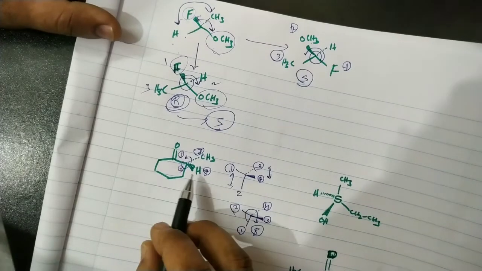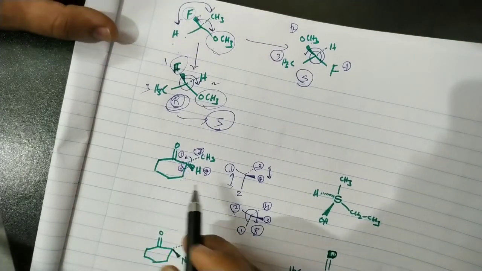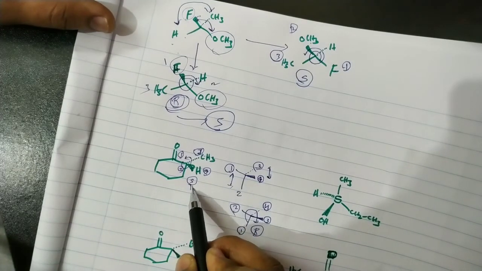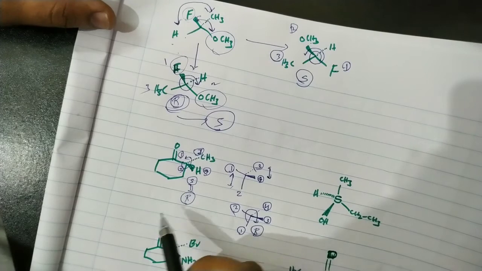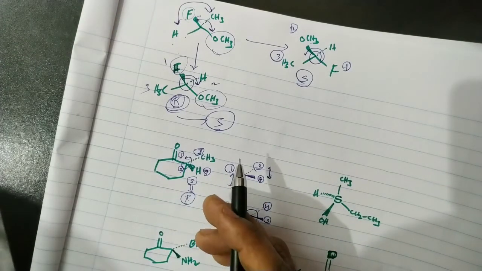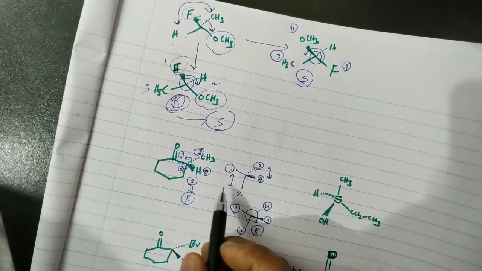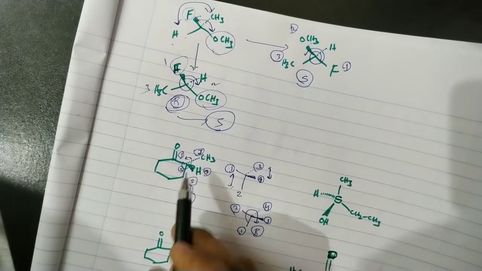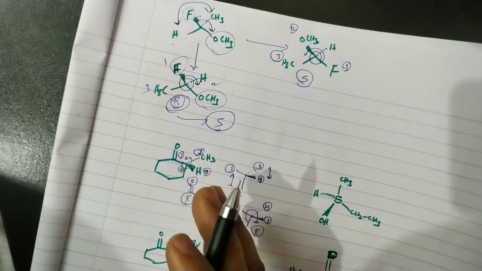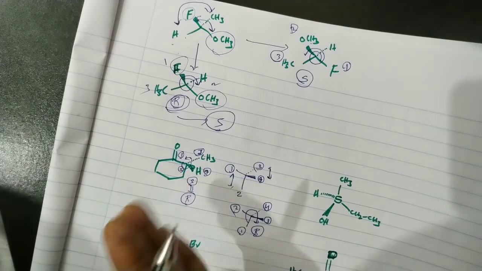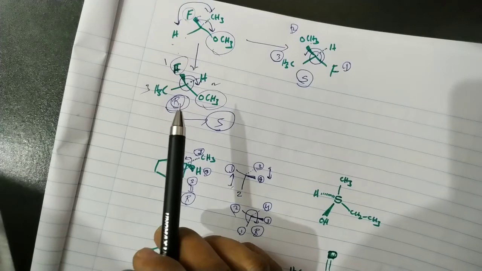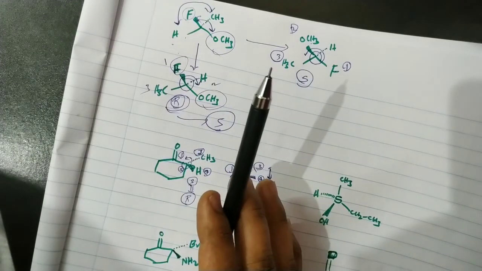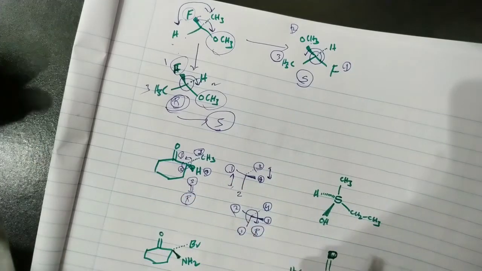Suppose if you take the configuration for a given molecule, its configuration is S. But here in this case we can directly take the reverse. For cyclic structure molecules, blindly and surely we can take the reverse when the least priority group is above the plane. When the least priority group is above the plane we can take the reverse. For cyclic structures it is most suitable, but for acyclic structures we should proceed with an even number of exchanges or flipping of the molecule. Okay, that's it.